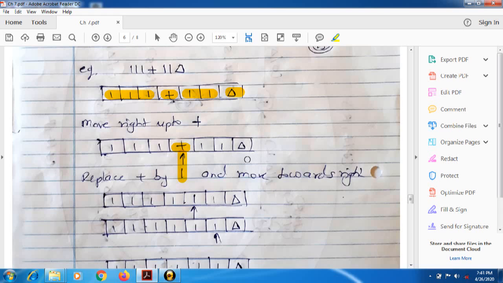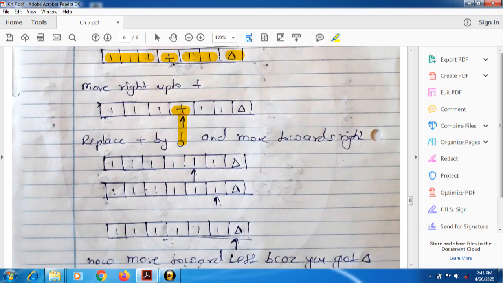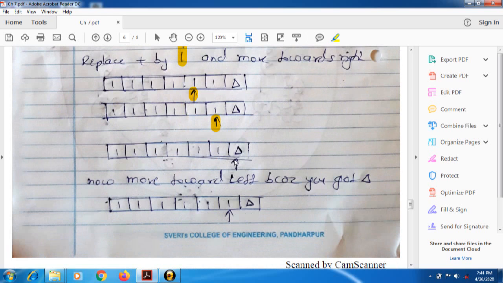Right now we have considered a function having 2 input values, meaning a function of a plus b. That's why only a single plus symbol is there. Now see, we have moved our pointer towards the right until we got the delta symbol, meaning the null symbol. We moved our pointer from the plus symbol's location to the next one, after that from this one to this one, and after that from this one to this delta transition, meaning the delta value, that is the null value. So we have shifted the head of the finite control machine towards the null value.